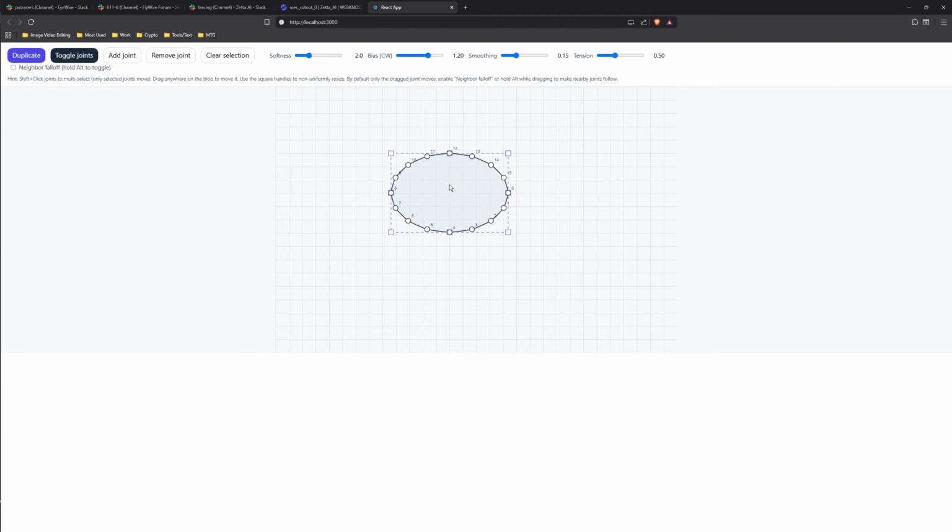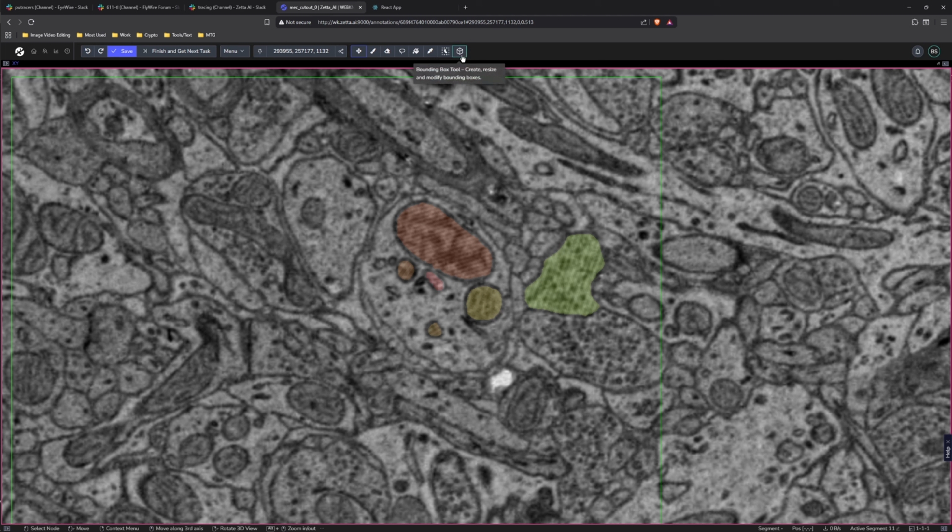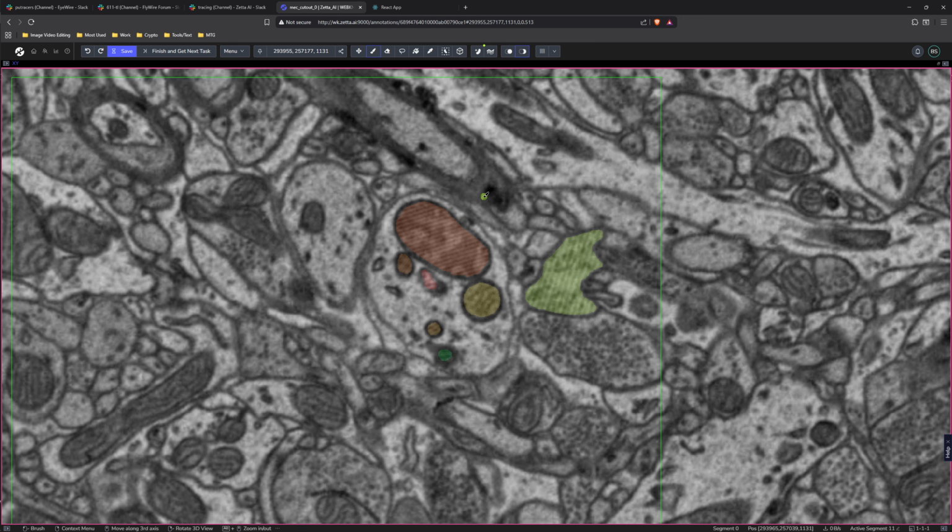Today I have an example of a tool that I think could be useful in WebKnossos. So currently we have these two tools, interpolate and extrude. And the extrude, I don't know if this one's working, but this one can copy a segment from one slice to the next. So if we take a look at that,